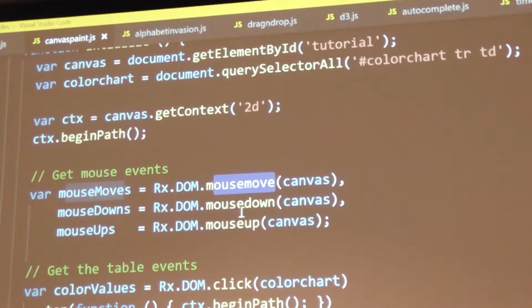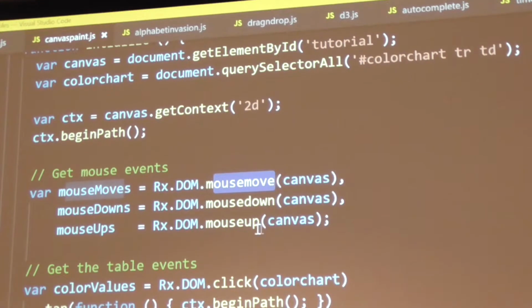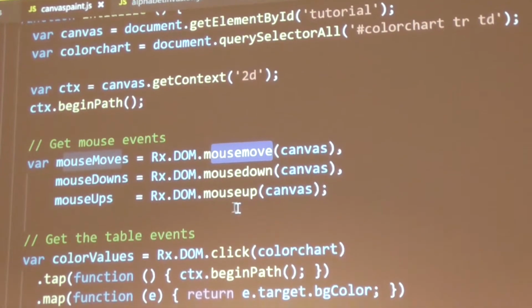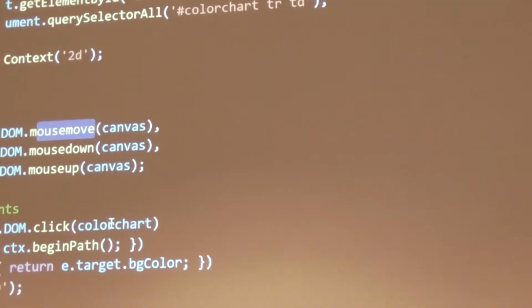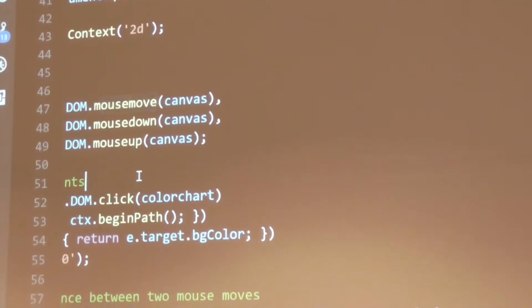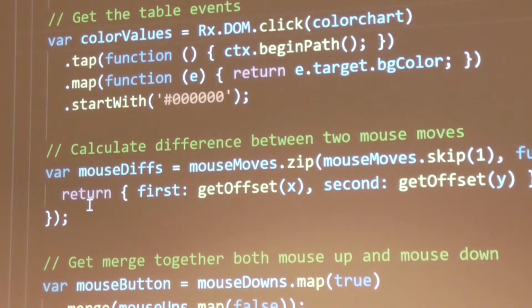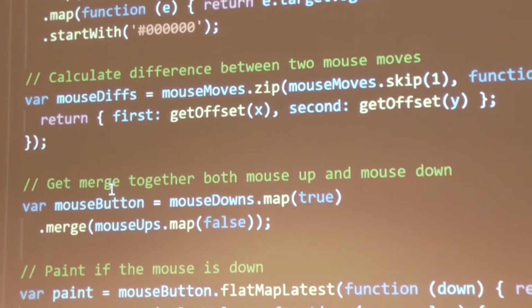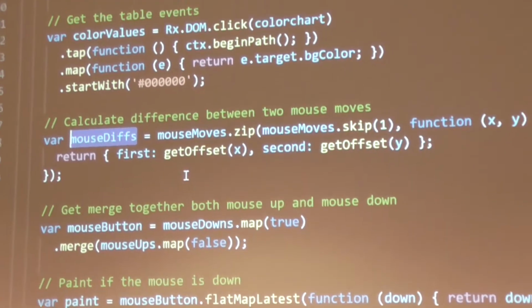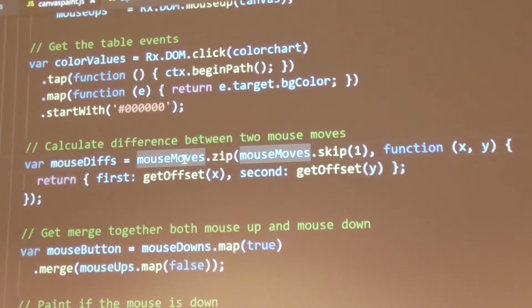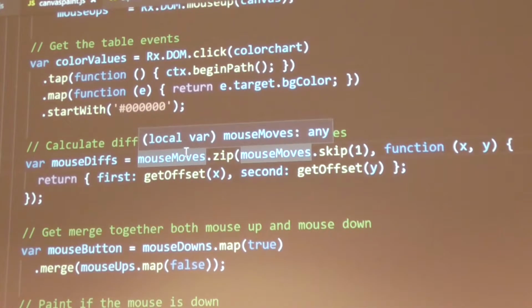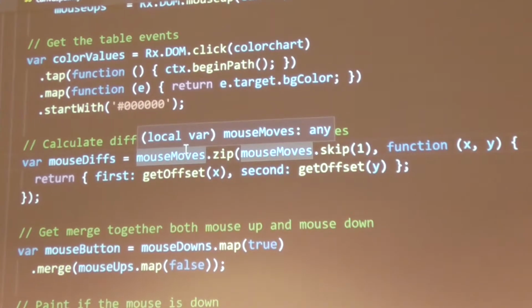So I'm grabbing all of the mouse moves, the mouse downs, and the mouse ups. Now these are 3 different streams that I have, but speaking to the composability of reactive extensions, I'm able to, let me see how this works. Okay, so let's look at this. The mouse diffs is the moves,